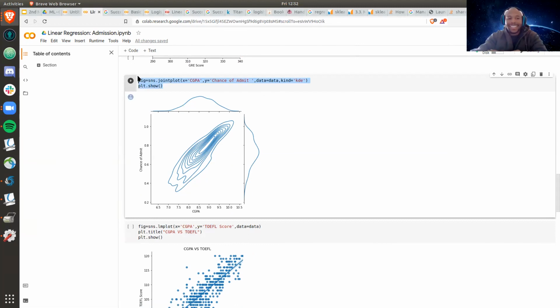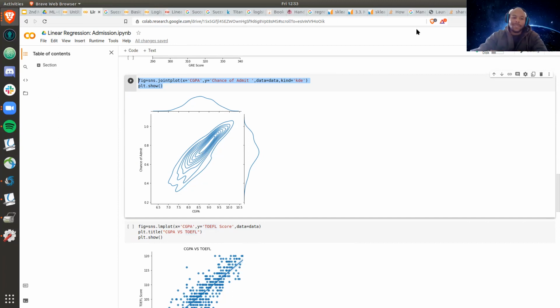This one's a faulty one because there's actually supposed to be a high density of color. If this is plotted really well, you'll see a high density of color, or a darker color here, which just shows that people with a higher GPA have a higher chance of getting admitted. That's what it really means. So when you do some sort of plot like this, make sure to have the density of the color shown in here. I was trying to figure it out, but I forgot to take this one out. But that's what it basically means.